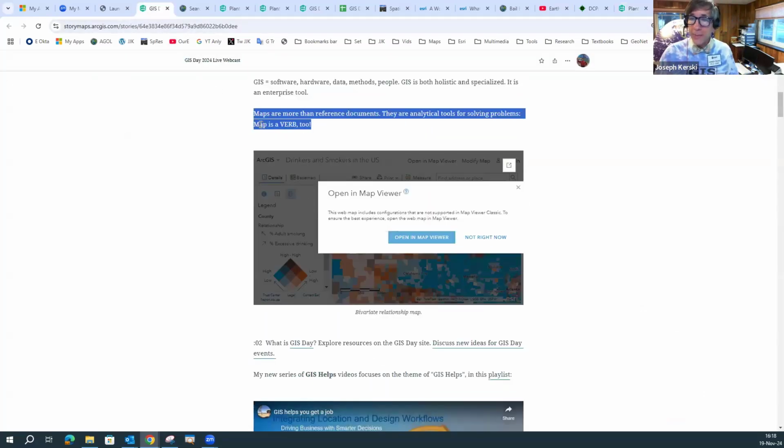Now, another thing that I wanted to mention here is that maps are not just reference documents. Maps are analytical tools for solving problems, looking at the spatial patterns, the relationships, the trends, and making smarter decisions. Also, I want to get you to think about this. Map is a verb too. It's not just a noun, right? It's a verb. It's an active thing. And that's why many of us in GIS education love teaching with GIS, because it encourages students to think critically, spatially, holistically